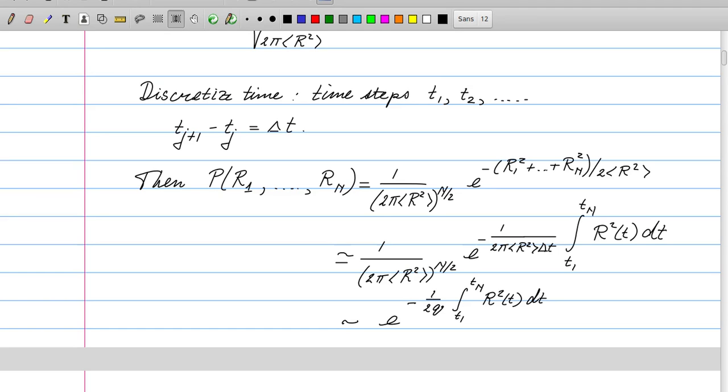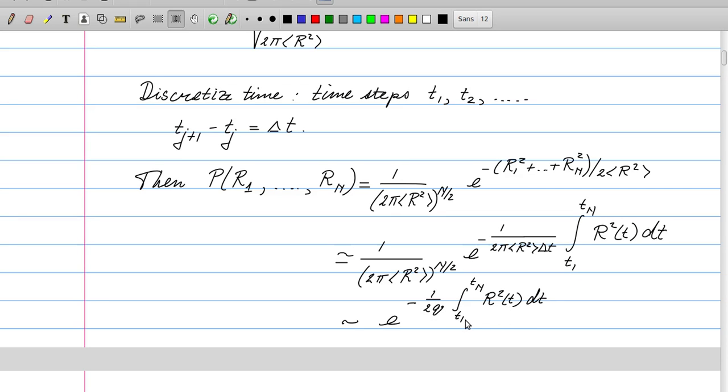We can then return to the continuum notation. We have a sum over r's at subsequent time steps. We can formulate that as an integral if we divide by an extra factor of delta t. And so we have now formulated the probability distribution as a continuum distribution, and we use a shorthand notation 2q for the denominator here, and so this is our continuum prescription for the probability density of having a force between